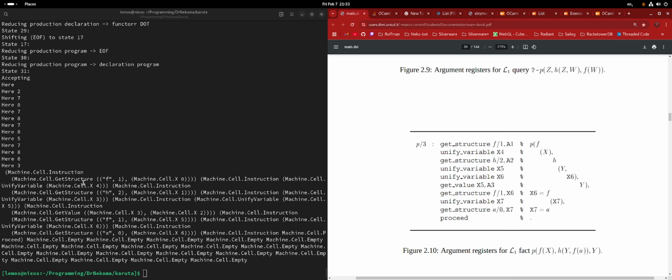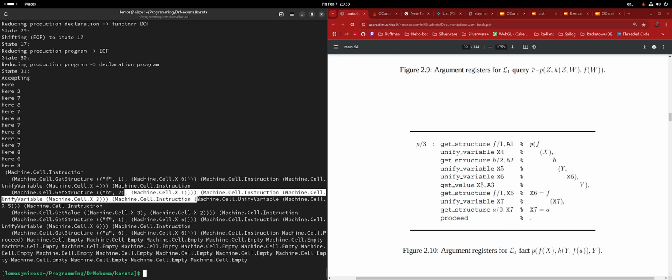Let's go. So the beginning is the same. Then unify variable x4. That's a little sus, because I would expect this to be x3. But okay. Then we have h2 x1, which is true. Then unify variable x3. Okay, so now 5 is 3. Then unify variable x5, so 6 is 5. Then we go from 5 to 3, so it's something to 2. 5 is actually 3, so this is correct. Cool.